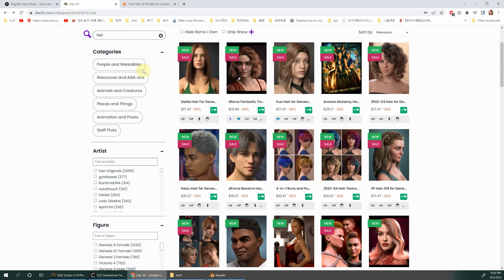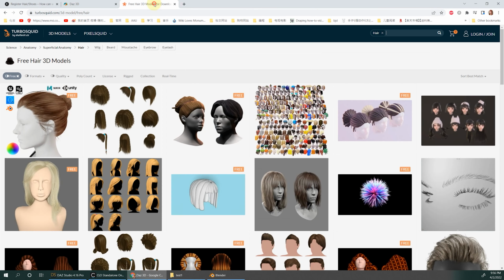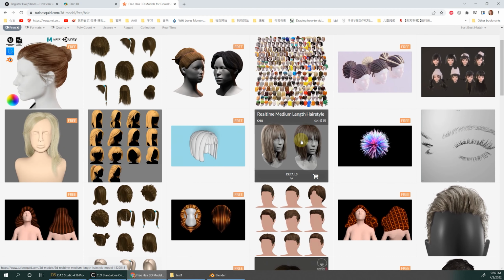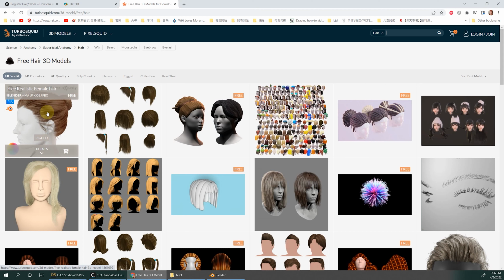The hair I chose is from Daz. There is so much hair in Daz you can use. I also found some other websites that have free stuff. You can see which one you want to use. There's some good stuff, even if it's free, as long as it's OBJ or FBX, that will be fine.